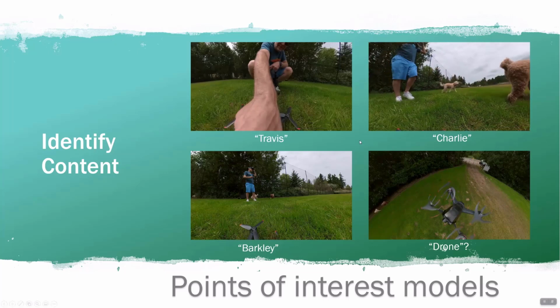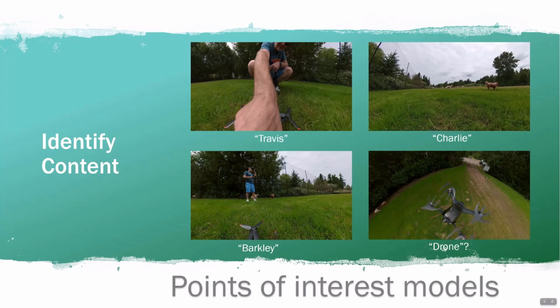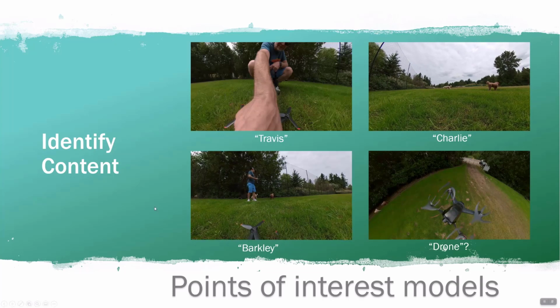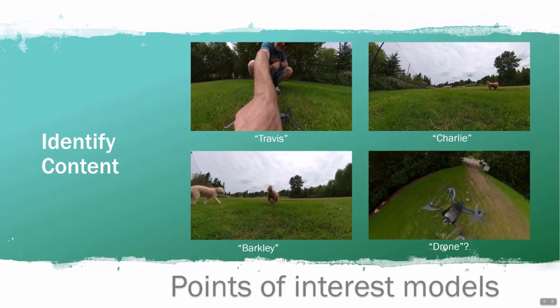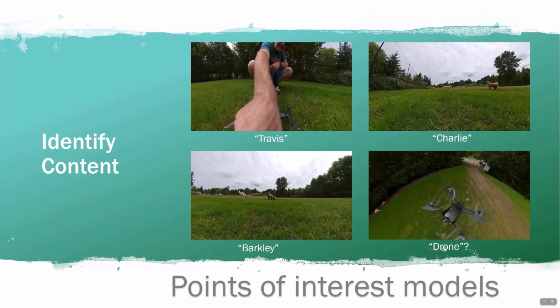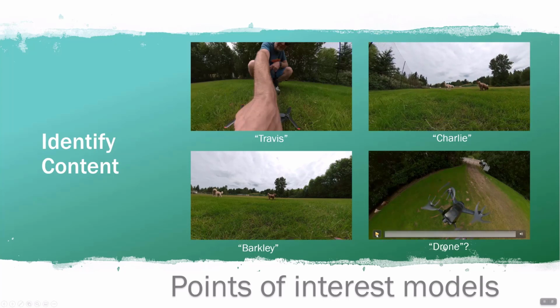Here's Charlie, the blonde dog. Again, this is all from that same source that you saw. So it's tracking her. Let's take a look at Barkley. Awesome. Okay, good. I guess there's some benefit there. Look at that, it goes on for quite a while. Okay, so then here, I don't even know why it picked the drone. This is something that I'd have to look at the model and basically say, yep, this is of interest, or no, I'm not interested in filming myself.